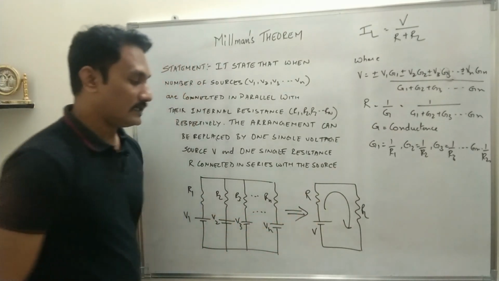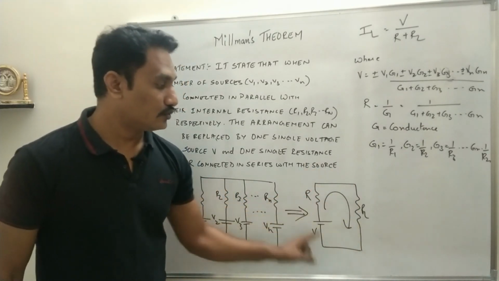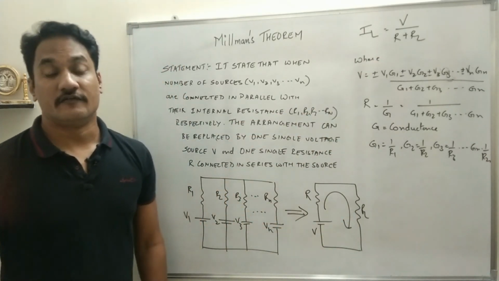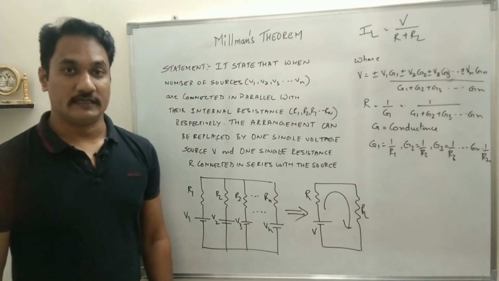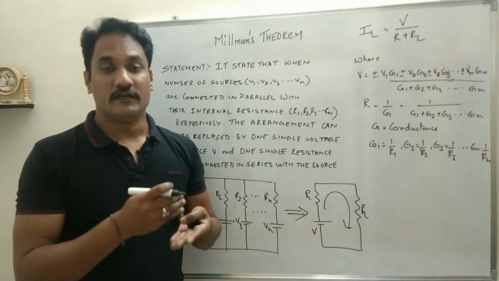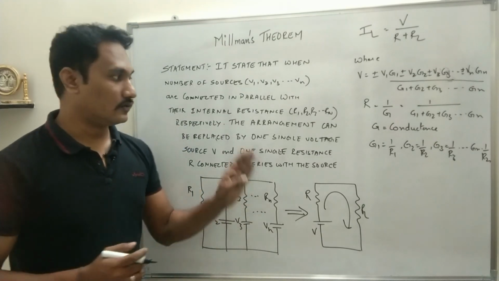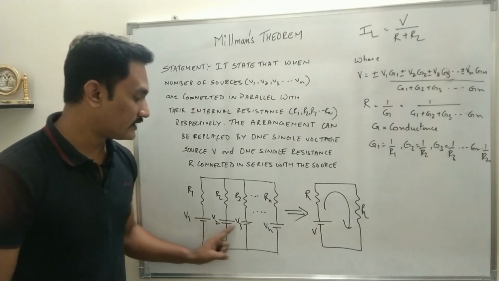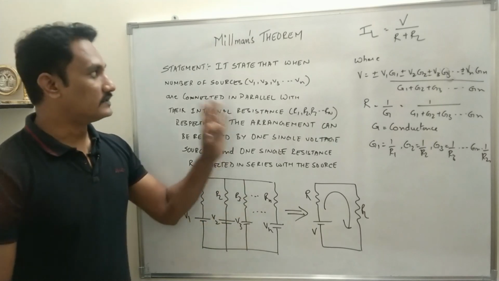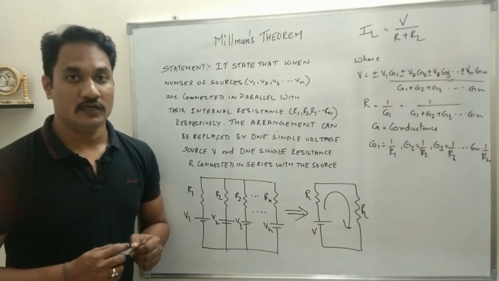be reduced to one single voltage source and one single resistance, so that it becomes very easy for you to calculate current and voltage across the load resistance if you have different values of load resistance available. So that is how Millman's theorem simplifies an electronic circuit, where you have to analyze the circuit for different values of load resistance. But this is only true when the sources with their internal resistances are connected in parallel. So this is Millman's theorem. We will take one example to understand how exactly it helps you solve the circuit.